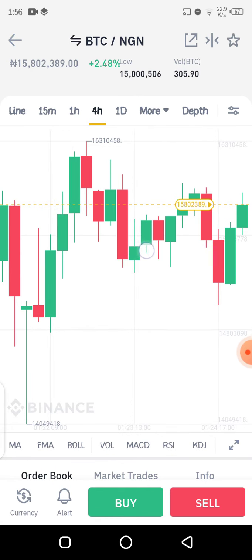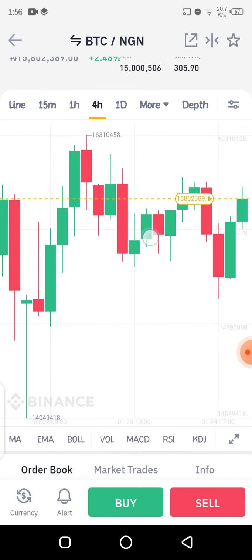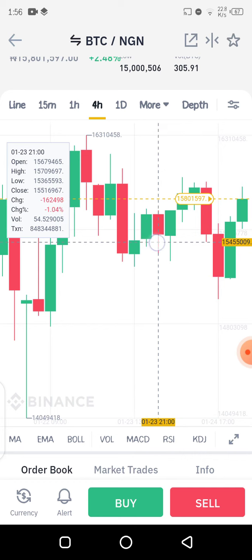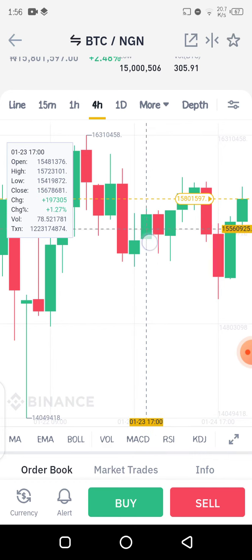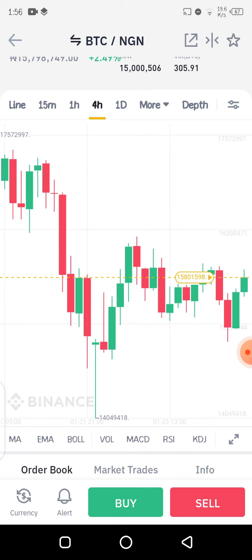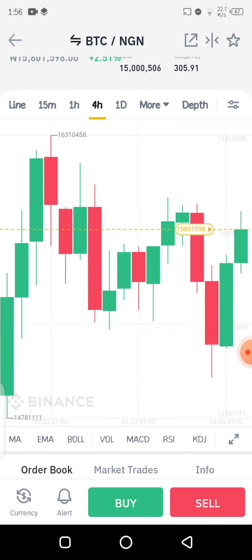Okay, then it jumped to this next one. It entered here, and continued, went up and down, and then came out here. So that's how to read the candles. Do you understand? So there are a lot of buying activities and selling activities until the buyers take over or